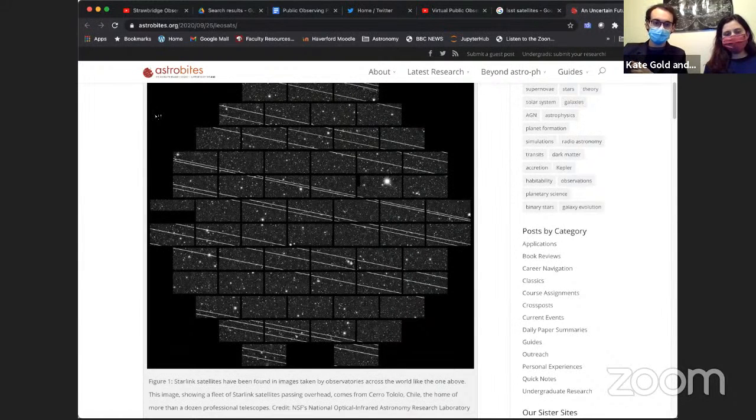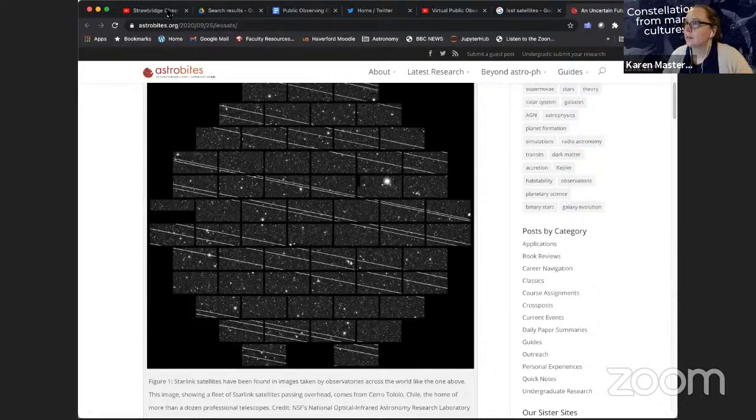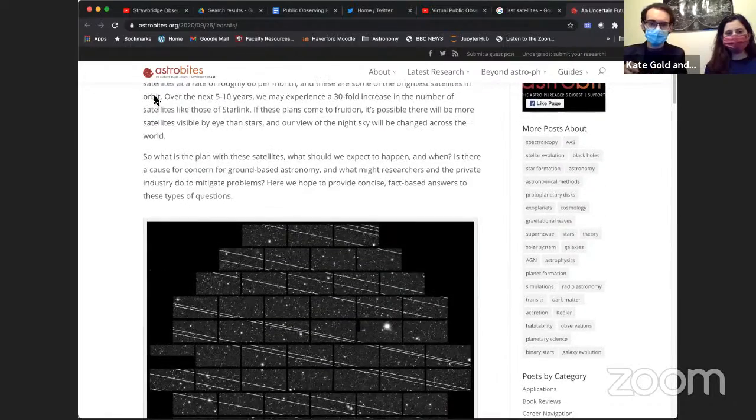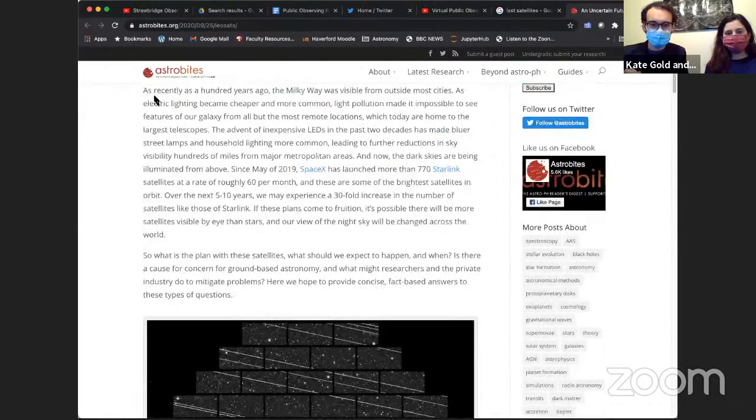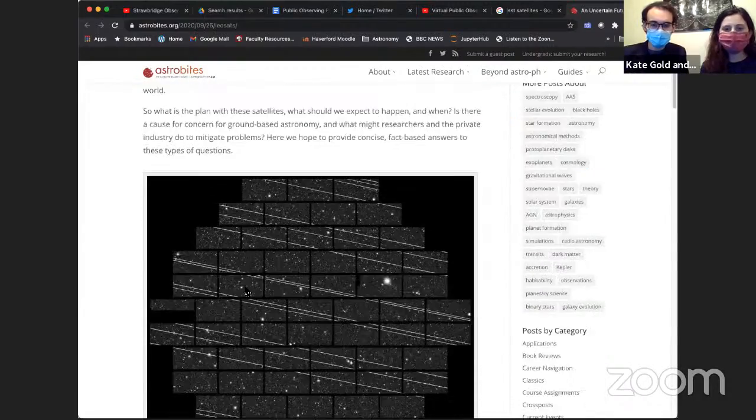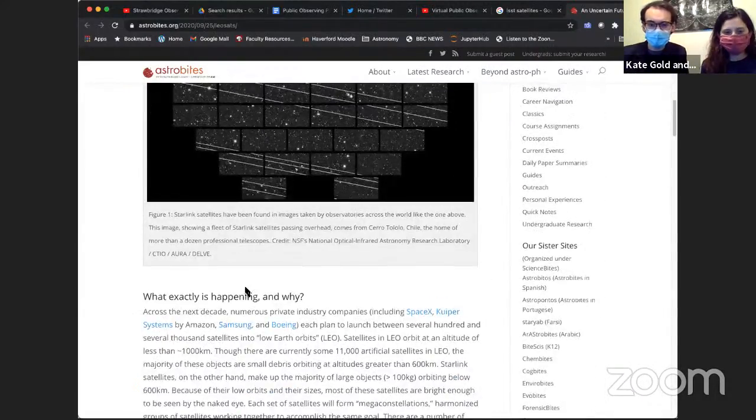This is from a few years ago when SpaceX Starlink had just their test round of satellites, so a very small scale version of what they're hoping to implement over the next decade. This is, I think, a single exposure of not very long, so a vague time, possibly on the order of an hour, maybe.